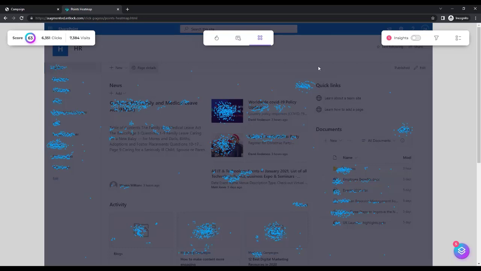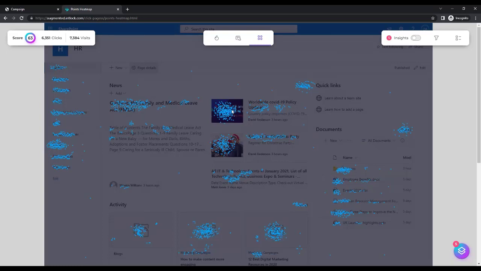What's great is that it pinpoints problematic areas on the SharePoint page, so you are then able to take action based on this data. You can take really any content within the SharePoint page, and then we'll add a couple of layers. First you'll be able to see literally each and every click performed on the page,